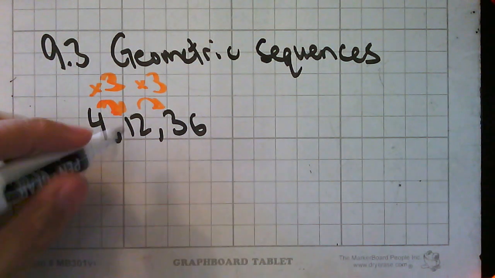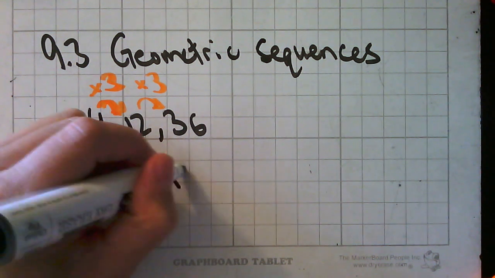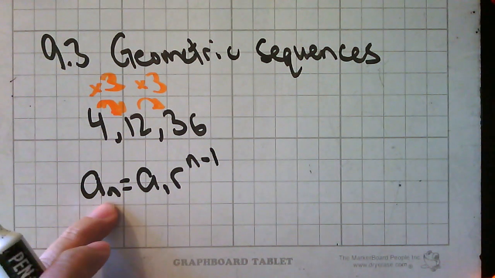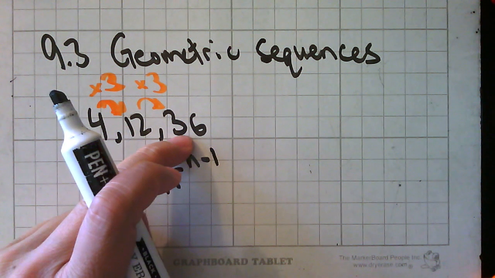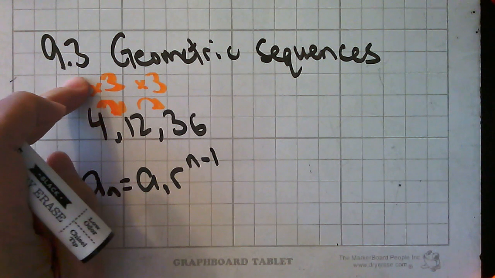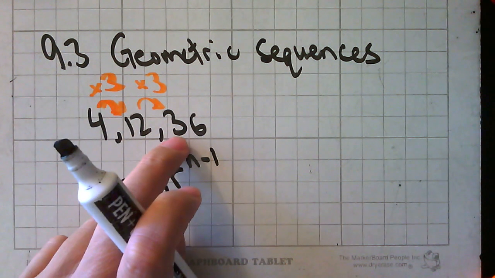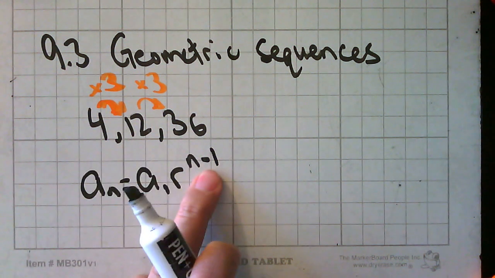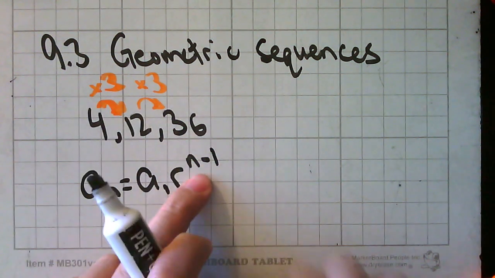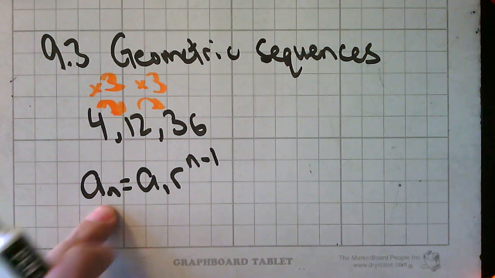So here's your formula for a geometric sequence: a_n = a_1 · r^(n-1). The way you read this to find any number, let's say we're trying to find the 36 here, we need the first number. Our common ratio here is 3. And between the third and the first term, we have 2 spaces. So we're going to do 3 squared, which is 3 times 3. We've got 9. 9 times 4 is going to give you 36